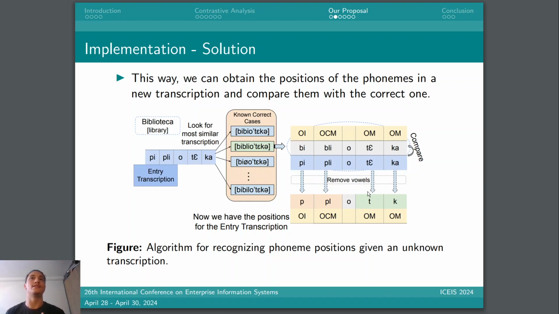If not, we look for the most similar transcription using the Levenshtein distance algorithm, and we just need to compare them one above another,